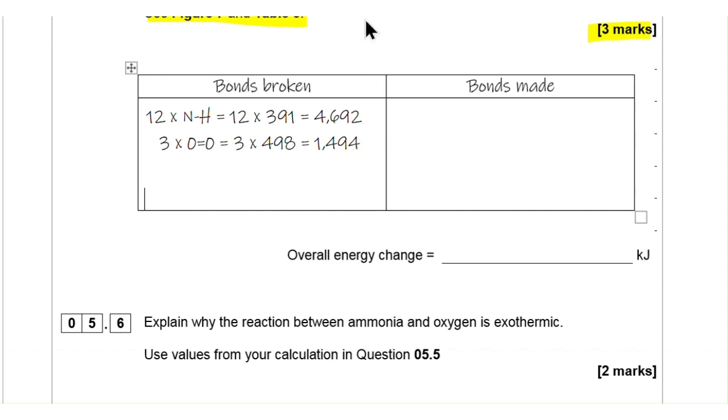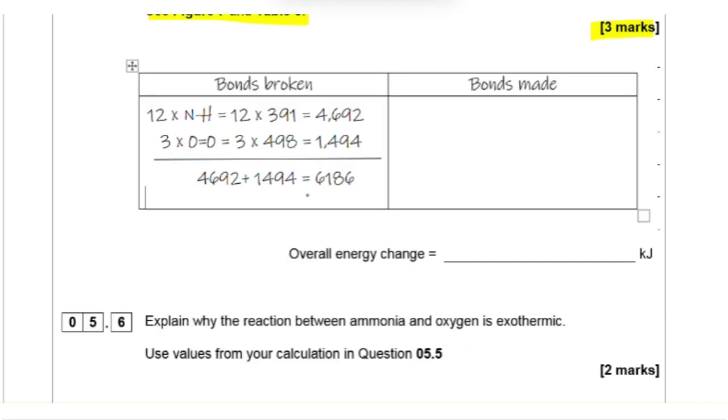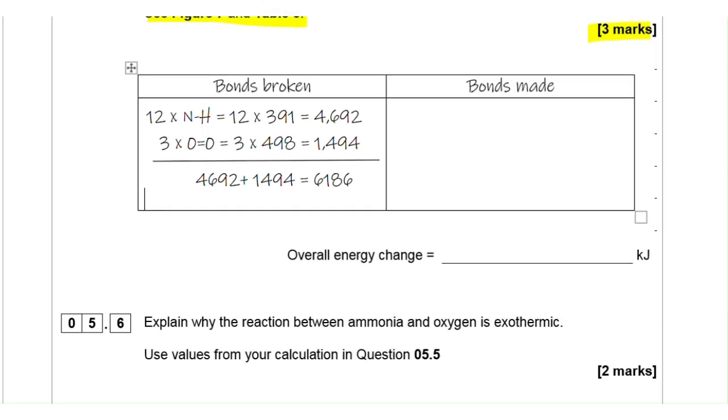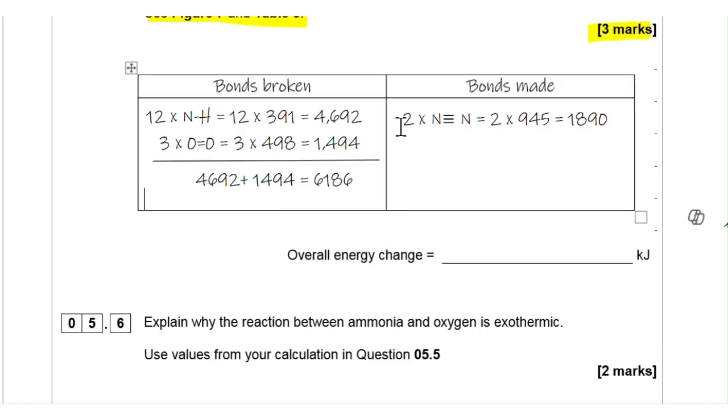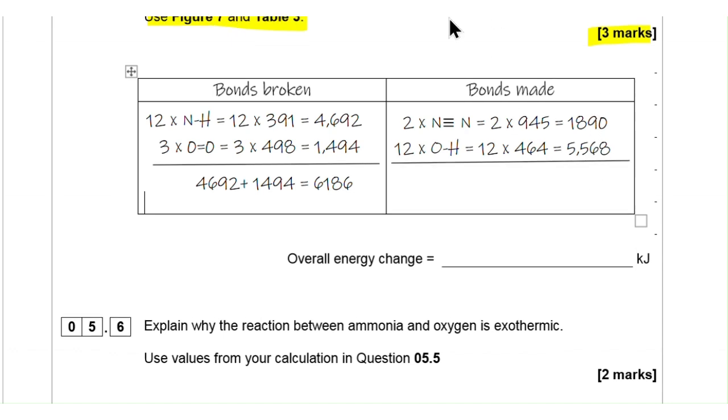Add these two together and we get 6186 kilojoules of energy used to break the bonds in the equation. Now let's look at the bonds made. We've got 2 nitrogen triple bonds, so that's 2 times 945 equals 1890. 12 OH bonds equals 12 times 464 equals 5568. Then we add these two together, that comes to